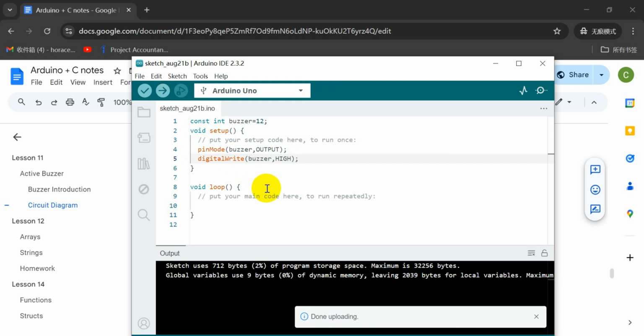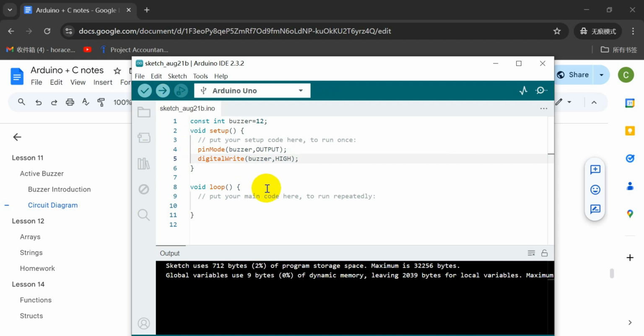So now, as you can hear, there is the high frequency pitch ringing noise, which is produced through the buzzer. Alright, now let's turn it off. Alright, and we can also change the frequency somewhat if we just